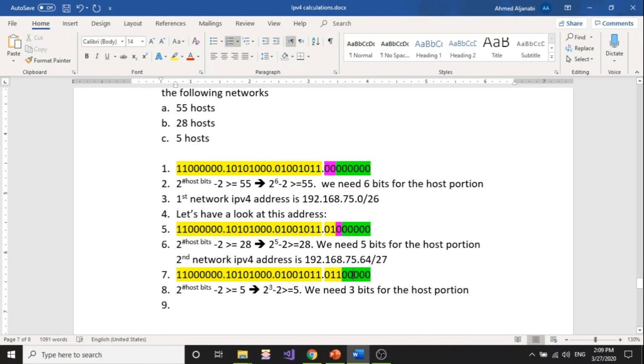So I can come here and highlight them with the color purple. So I'm going to keep those 3 bits here for the host portion, and 2 other bits are going to be added to the network portion, and they're going to be 0, 0. Now, all I have to do is to type the third network